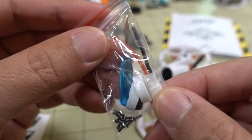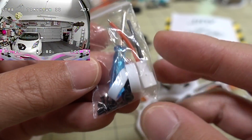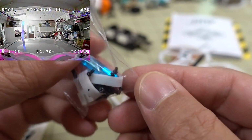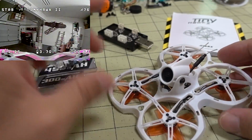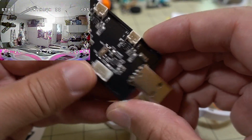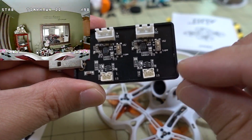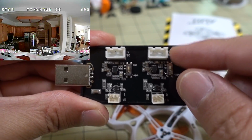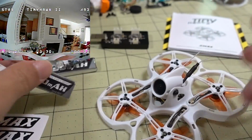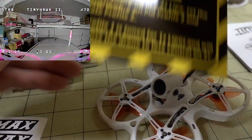You get some spare parts here. This is a spare battery connector. You get a screwdriver, some spare rubber bands, some rubber grommets, and some spare screws. I think some of those are for the motor screws. And then you get a USB charger. You plug it into a power bank or some other USB power brick, for example, an adapter. Plug in your 1S batteries here and your 2S batteries here via the balance connector right here. Get a manual, pretty good manual as always, and then you get this warning card here